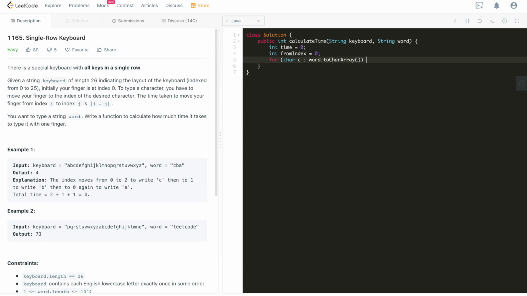Every single character we will need to take a look at. And then we need another variable called finger moves. Let's call it finger moves. Basically, the distance that our finger needs to move from one point to another in order to type the second character. How do we calculate that? It is basically from index minus